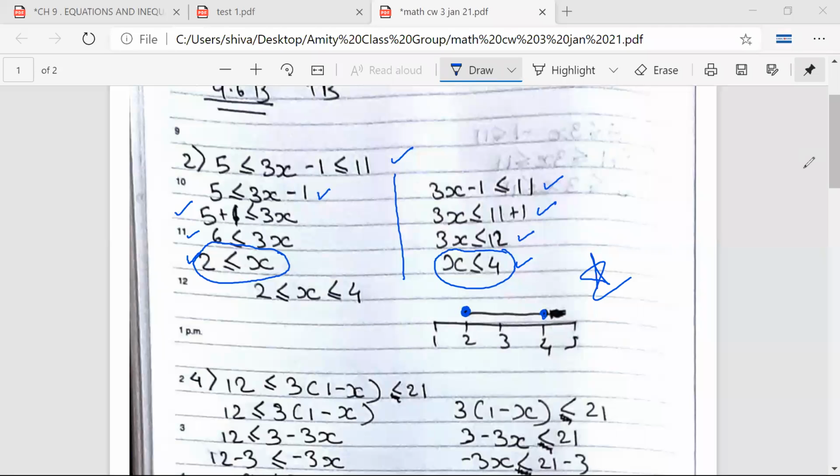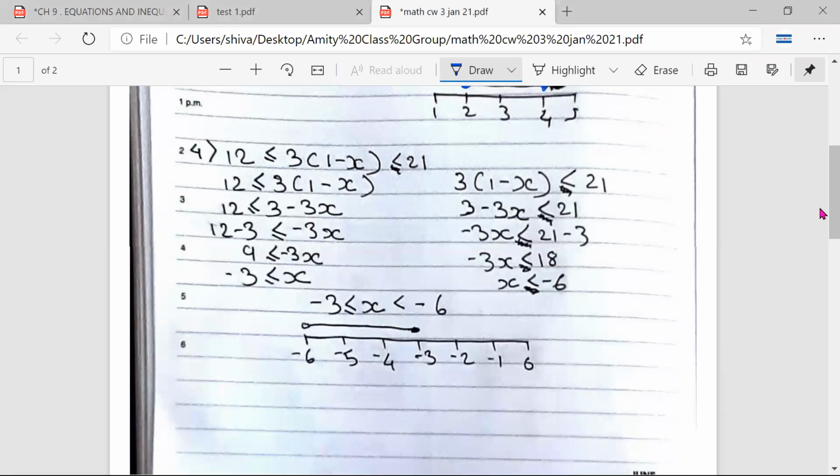Okay. Next question. Again, we have two parts. One part says that 3 times (1 minus x) is greater than or equal to 12. The other part says 3 times (1 minus x) is less than 21. So when I solve this,